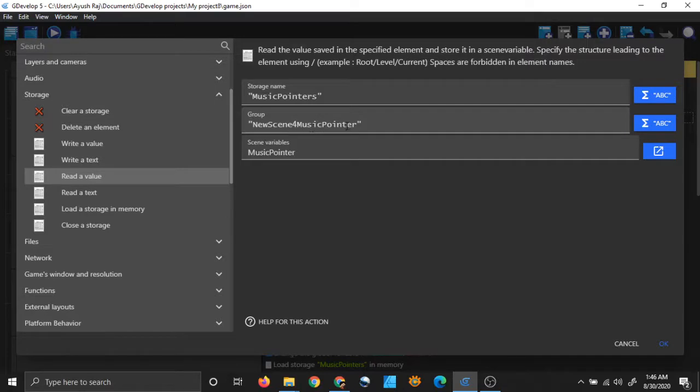You can simply write a name for your variable. This is the name for your file, and this is the name for your variable inside that file. I have called it new scene 4 music pointer because this is new scene 4, and since I am storing the pointer of the music which is running in new scene 4, I am calling the variable new scene 4 music pointer. I will read this variable from this storage, and store it in music pointer variable, which is my scene variable which we just created.